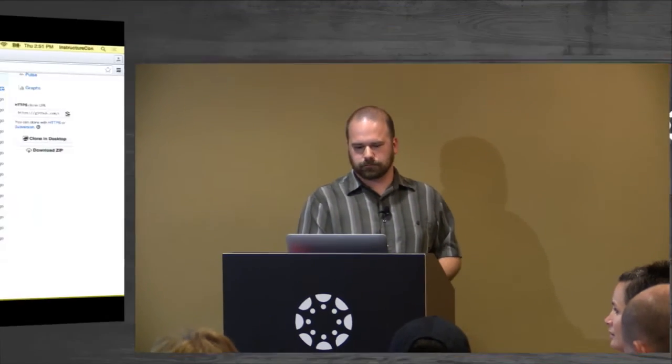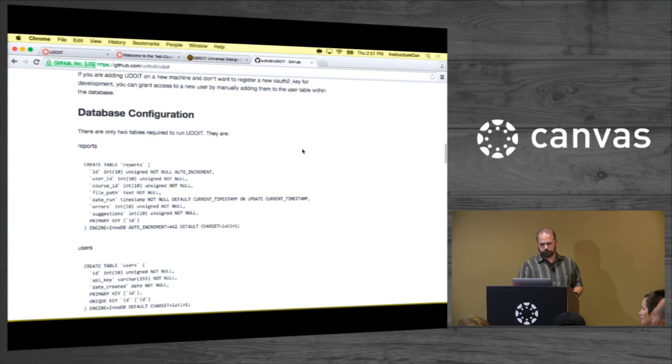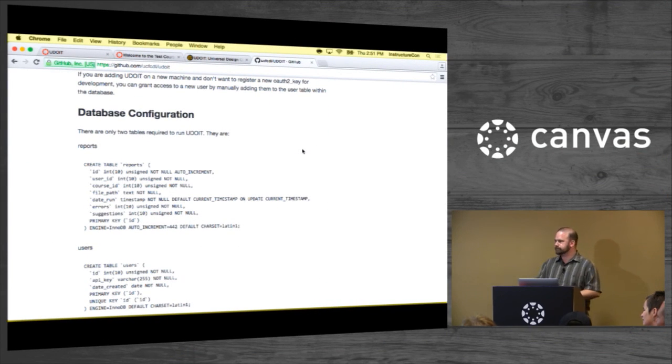Jacob, I just wanted to add one thing. In addition to PHP, there is a database that actually records everything whenever UDoIT is run on a course. So one of the things that we're working on is a reporting tool to pull out of the database what are the most common errors, what are the courses that have the most common errors, and so forth. So you do have access to raw data that you can build some sort of reporting structure out of. Yep. Thanks, John.